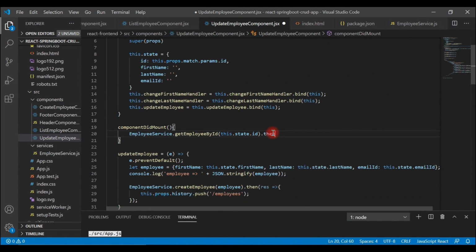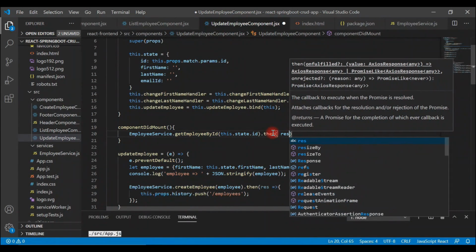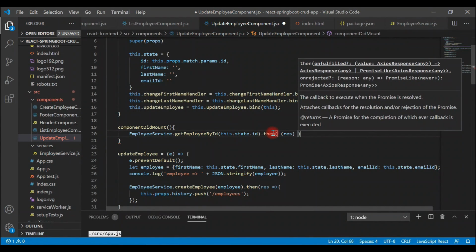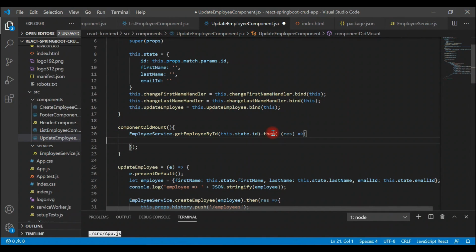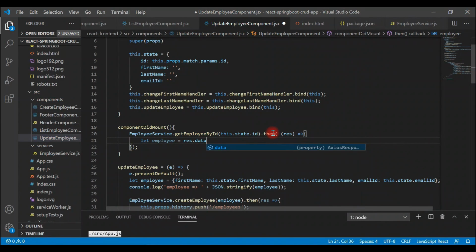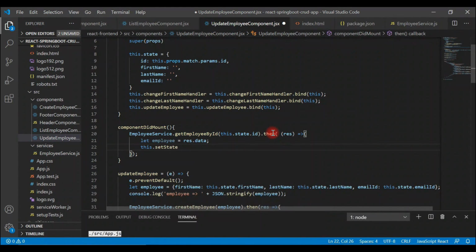So let's call the then method, and inside the then method we get a response and a flat arrow, and inside the then method let's get the data from the response. So this is an employee, and let's say response.data. So let's get the data into a separate object. Now what we'll do, we'll set the data to the state by using the setState method,